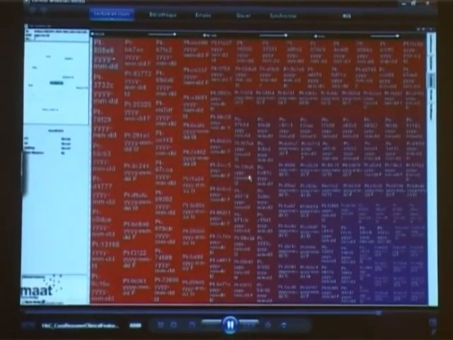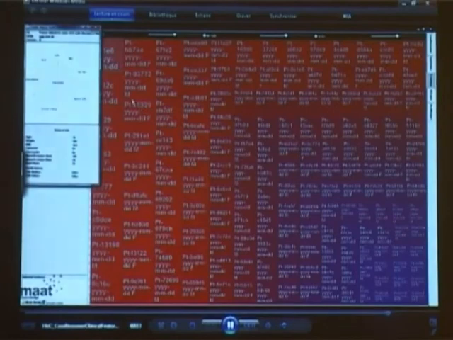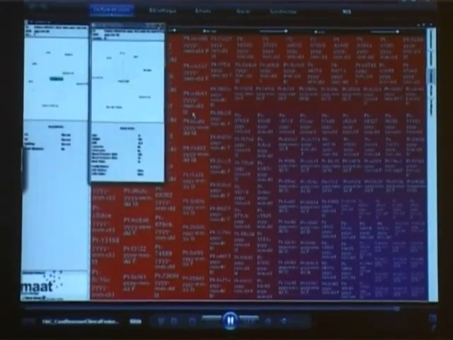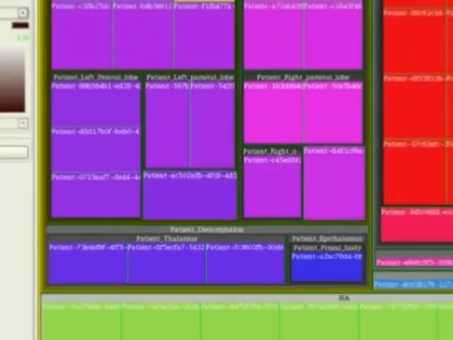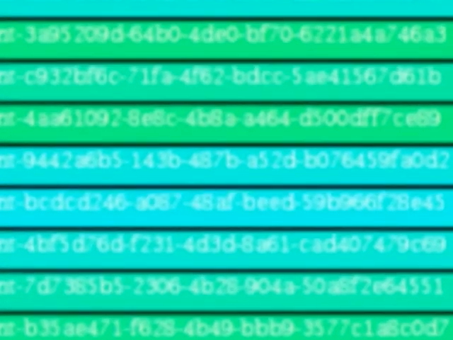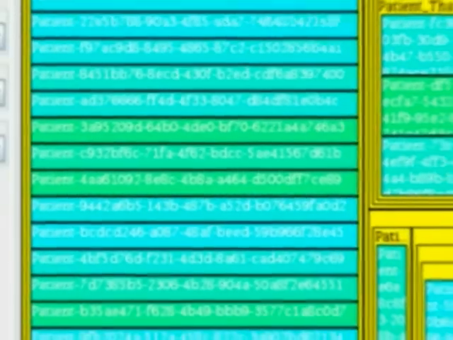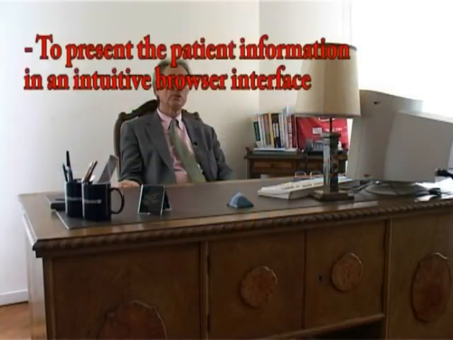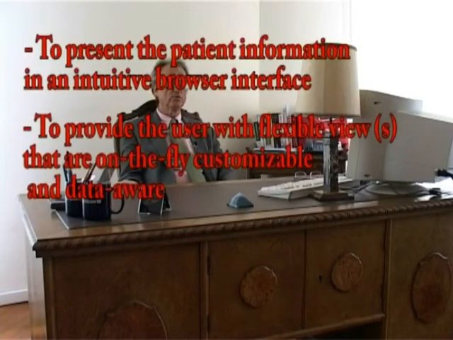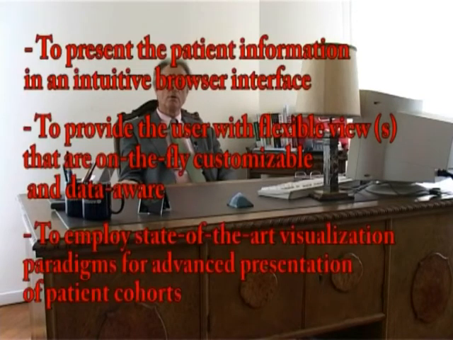This approach was utilized to give clinicians a more intuitive and powerful way to visualize the data, to present the patient information in a browser interface that is intuitive, that is customizable, and that the clinicians can play with and present hierarchies and navigate them with the goal of doing data mining. The main goals behind the tree map applications are to present the patient information in an intuitive browser interface, to provide the user with flexible views that are on-the-fly, customizable, and data-aware,